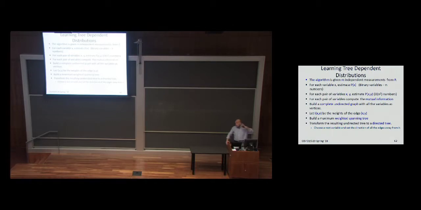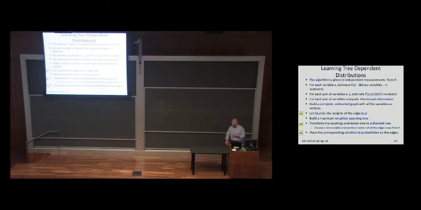And then I have to decide which numbers to put on the edges. Because I see these two edges, x7 and an arrow from it to x9, I'm now going to compute the probability P of x9 given x7 from my data by counting. And I have a tree. And it turns out that this is the best probabilistic tree you can have, the best in the maximum likelihood sense on this data.